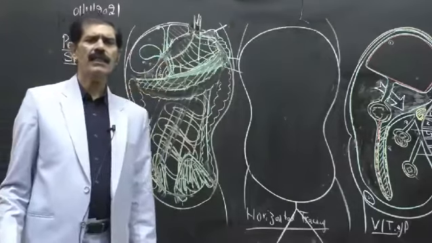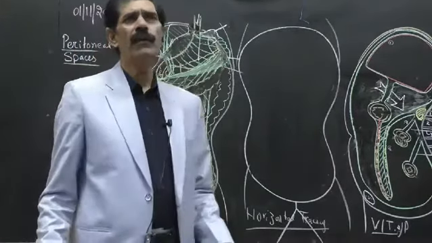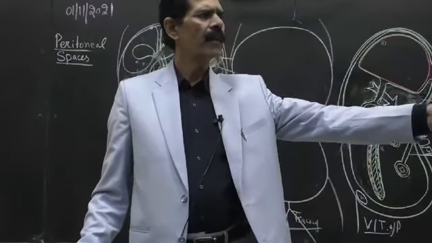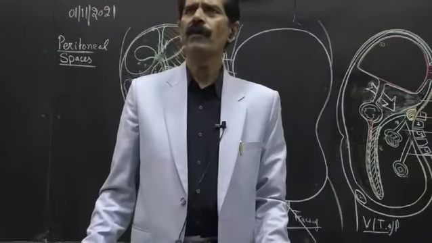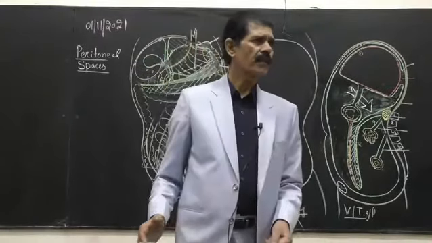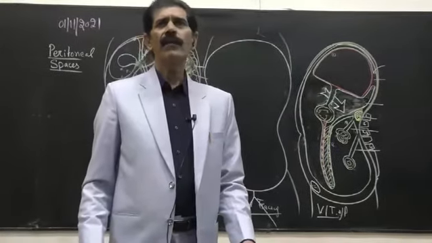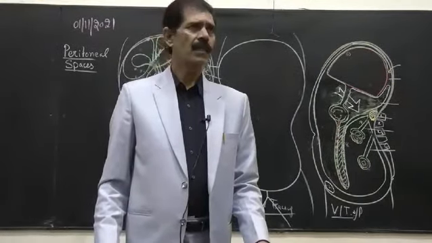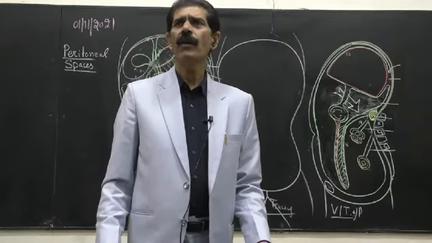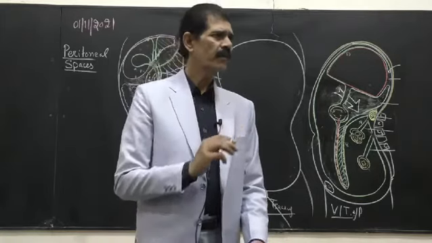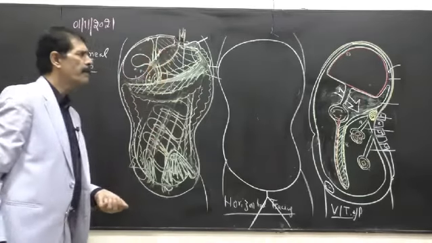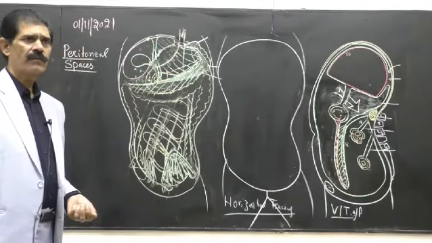So horizontal tracing is drawn after the removal of the movable organs. As we have fixed all the movable organs with the help of the magic membrane, that is the peritoneum, on the same basis we have to make the horizontal tracing. For that we will remove one by one the organs. First we will remove, which organ have we fixed? First of all, liver. So we will remove the liver. For example, if you want to remove the liver from the abdominal cavity, we have to cut certain things.